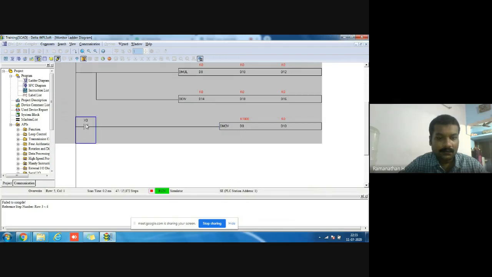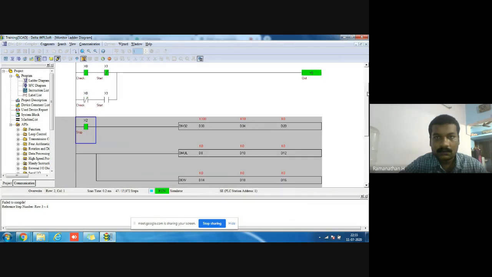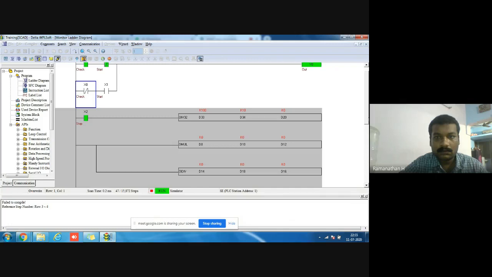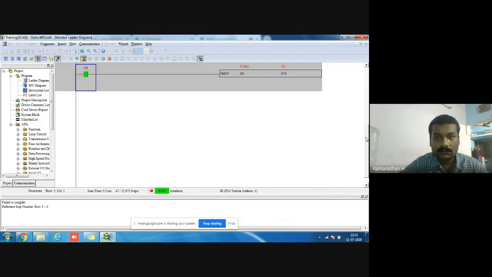Here I move the source value to the destination. Just I turn it on.